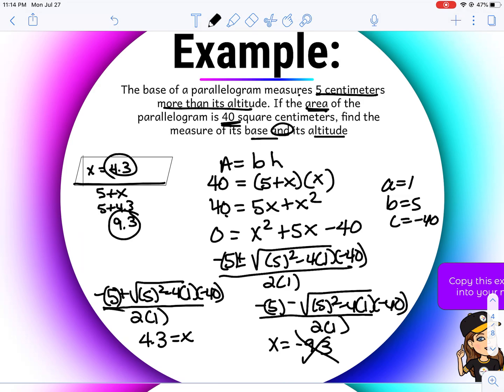So in this case, we only got one answer. The base was 9.3 and the height was 4.3. And if you want to check, you can multiply those together, and it should come out really close to 40. It might not be exactly 40 because remember, these were decimals and we did